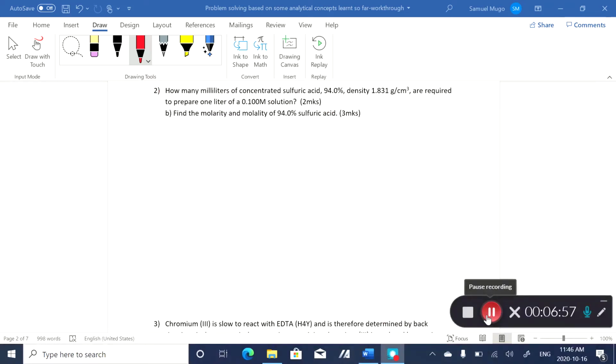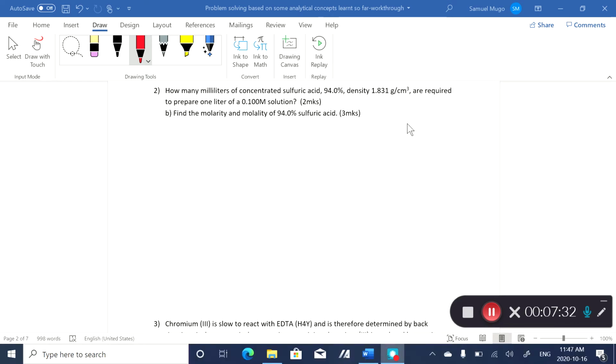So another problem, question number 2. You've been asked how many milliliters of concentrated sulfuric acid you need. The sulfuric acid you bought from the manufacturer is 94%, and the density is given, and you are required to make a 0.1 molar solution from 94% concentrated acid. So the question is, how many mLs of this do you actually need to make a 0.1 molar solution in 1